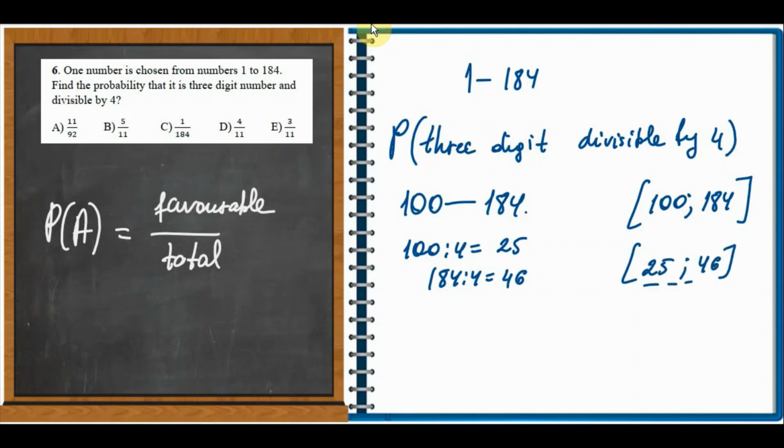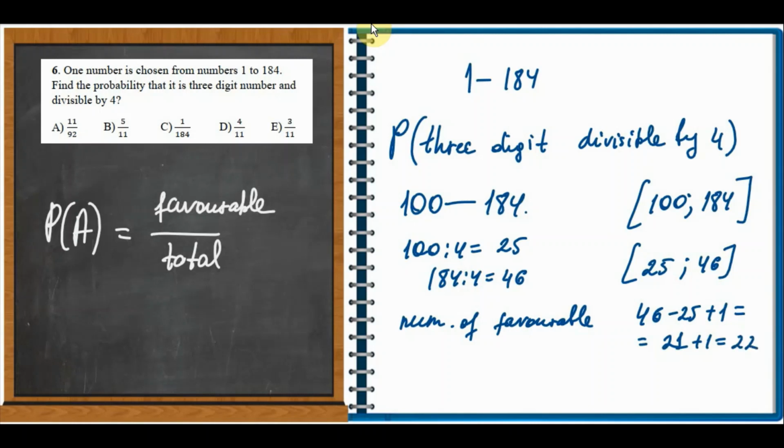We must count those numbers which are in this interval. When those endpoints are included, in order to find the number of favorable outcomes, we will subtract 46 and 25 and add 1 because both of the numbers are included. So that's going to be 21 plus 1 is 22. This is the number of favorable outcomes, but the number of total outcomes is,